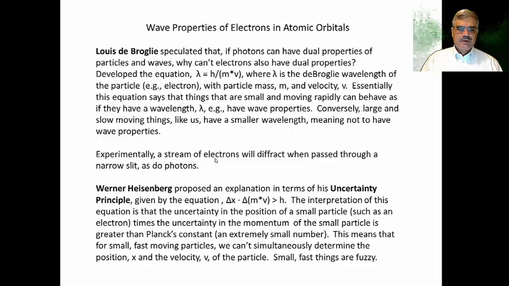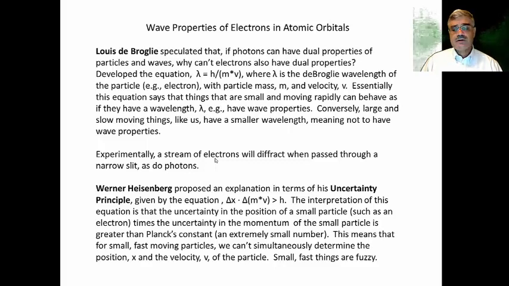Okay, another property is that a stream of electrons will diffract when passed through narrow slits, as do photons, which is evidence that electrons, just like photons, can have wave-like properties. All right. Werner Heisenberg then proposed an explanation for a lot of these aspects of the behavior of electrons